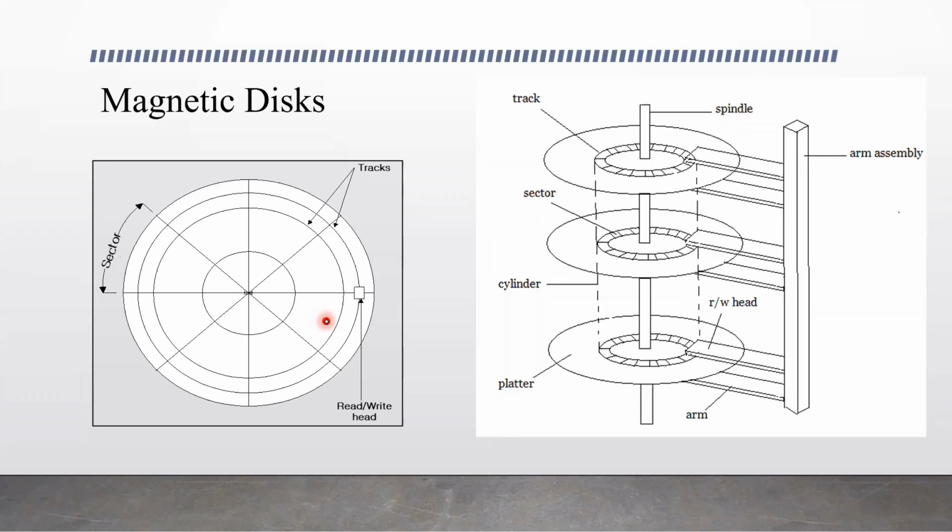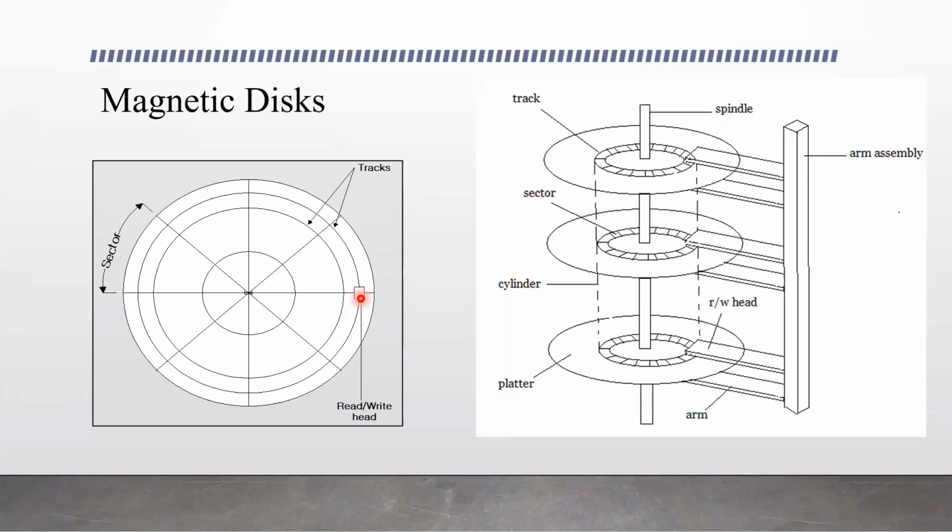Address bits specify the disk number, to select a particular disk among several disks, the disk surface, the particular sector, and in the sector which particular track. This is specified by the address. When data is to be transferred from the magnetic disk to the main memory, the address is sent, and using that address, the location is identified. When that specified location comes under the read write head,